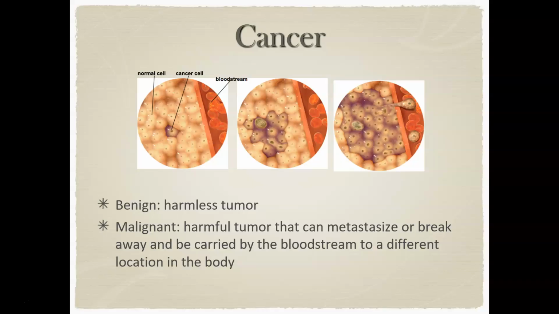So we can kind of go in, cut them out, so long as we get all of it out, you should be okay. The malignant tumors are the ones that are harder to treat because these are now the ones that not only have lost the density-dependent inhibition, and that's why the tumor is forming in the first place, but they've also lost the anchorage dependence, and so now they can metastasize or break off, and those cancer cells can now end up being carried by your bloodstream and end up somewhere else in your body. All right, so when they start talking some of those higher stages of cancers, it's because they're malignant, and that's where we're getting those issues from those secondary tumors.